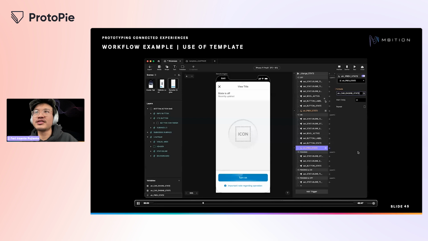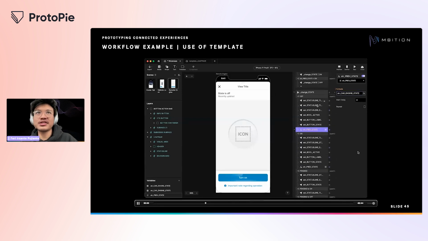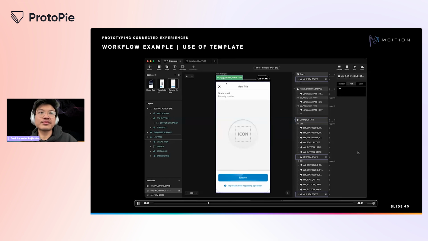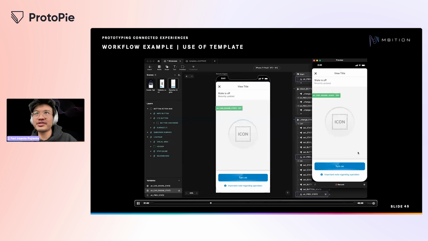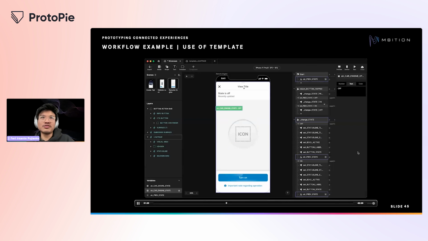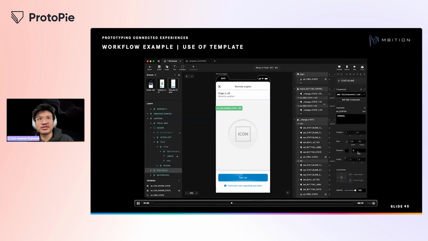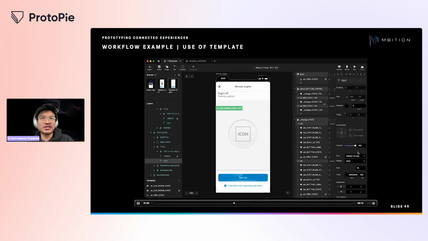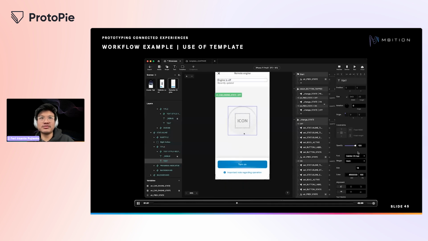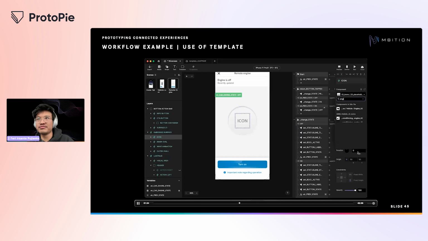And after I rename those variables, I then check first if it works, if these new variables work, and it shows that it does based on the same logic. So we are all set here from variable standpoint. What's left is just to rename the scene itself. So instead of the placeholder titles or the placeholder text, we can just rename everything based on the feature we want to create. In this case, the status of the engine.